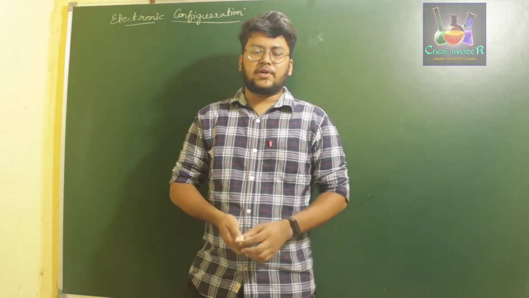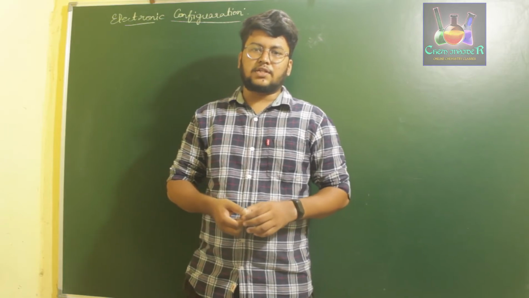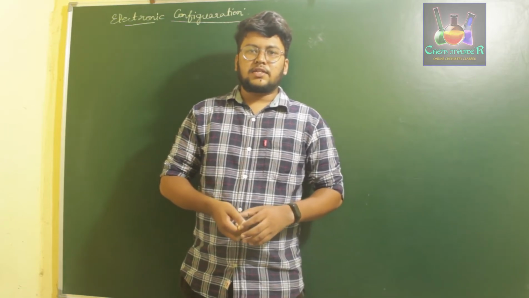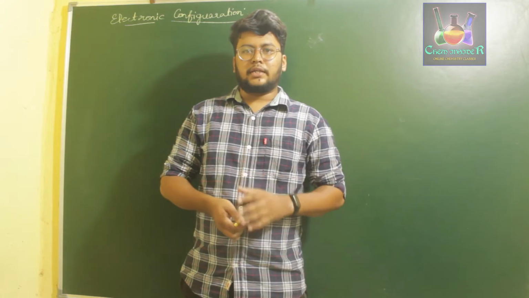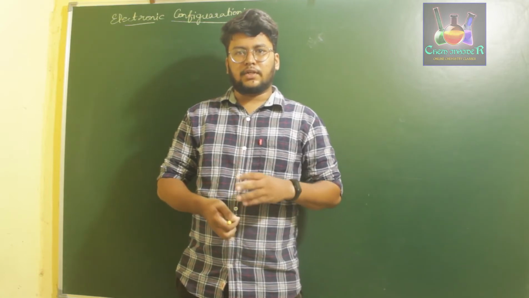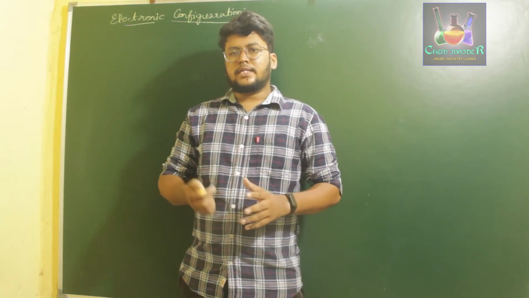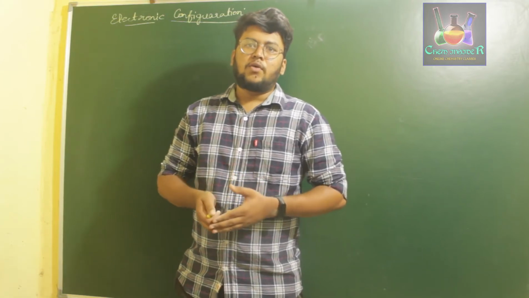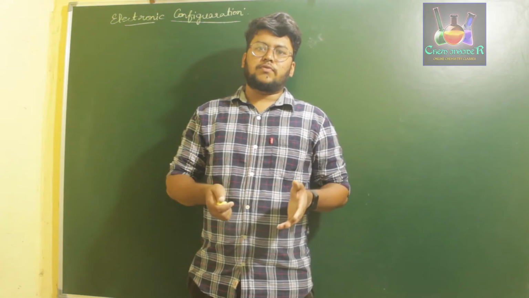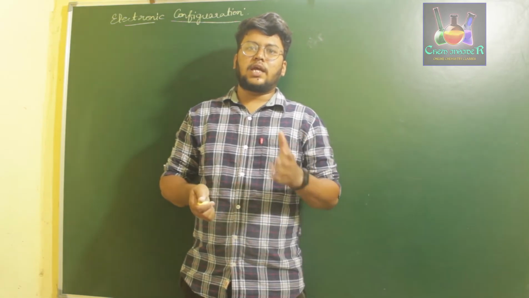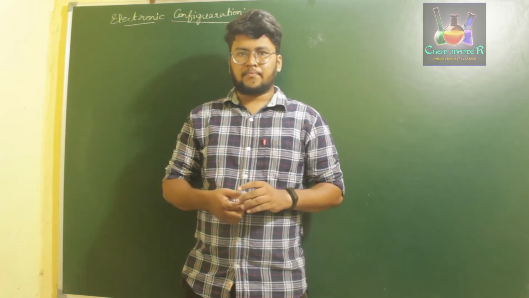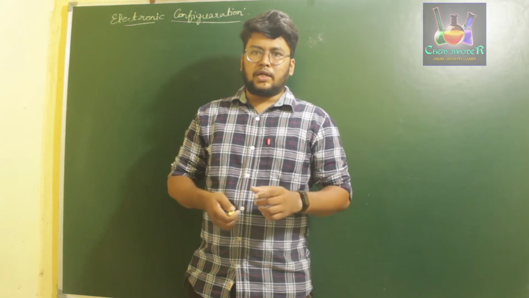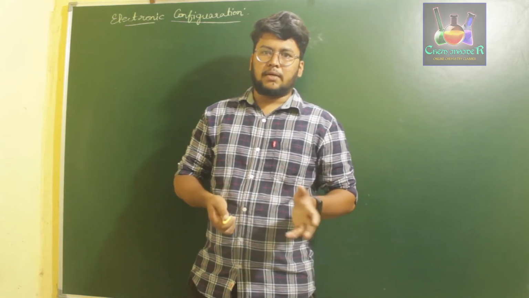So in today's class we are going to discuss the last topic of the structure of atom chapter. In this we are going to discuss how to write the electronic configuration of a given atom. In your previous classes you might have studied the electronic configuration concept, where you used to write down the structure of electrons in terms of K, L, M, N shells, in the form of 2 electrons in K shell means helium atom, like that.